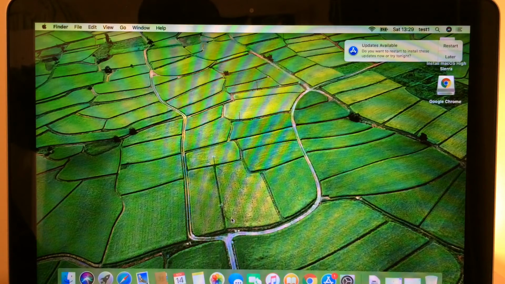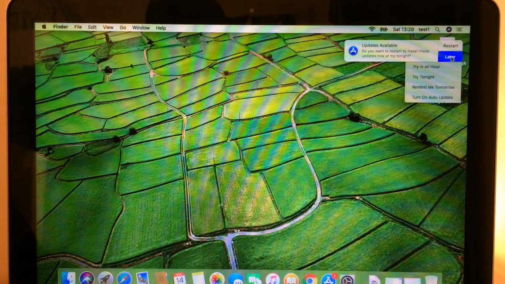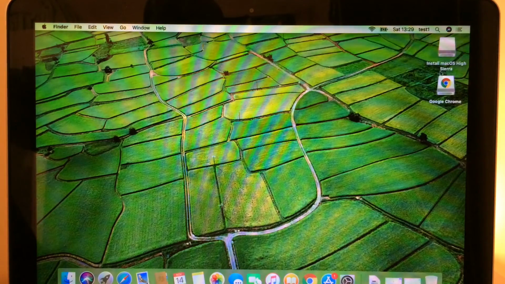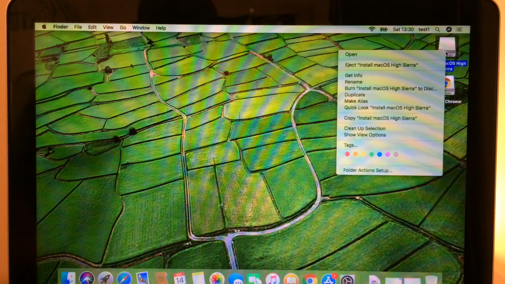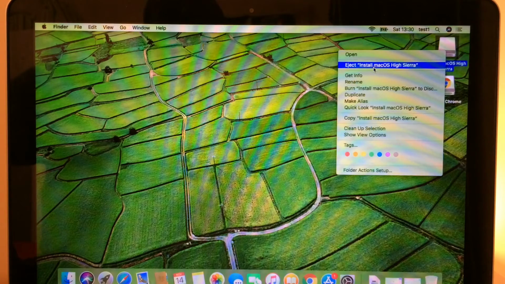Okay, what else can I show you? Okay, I've got a USB plugged in. That's the one I used to install this Mac OS High Sierra earlier in a different video. So for you to remove this, you can press Control then click to have the right click. You can click on eject,